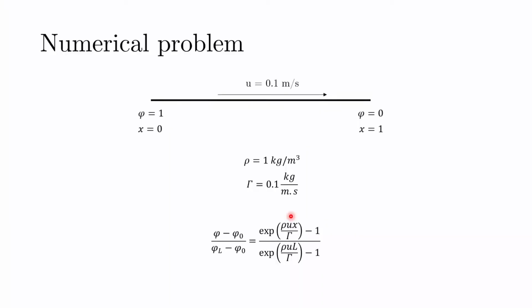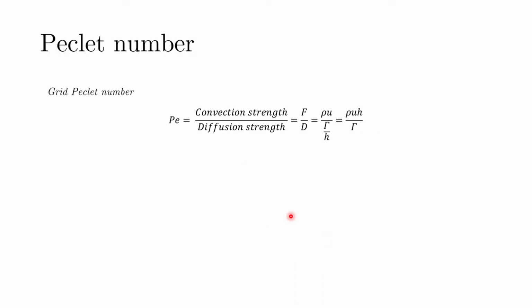So in order to further understand how the variable phi would actually vary in the problem according to the exact solution and according to the central differencing scheme, there is one very important non-dimensional parameter that I want to talk about, and that is called the Peclet number. And you will see very shortly why this is important in the convection diffusion phenomena. So physically, first of all, the Peclet number is given as the ratio of convection strength to the diffusion strength, because we have two forces at play. So the ratio of those two forces is called the Peclet number here.